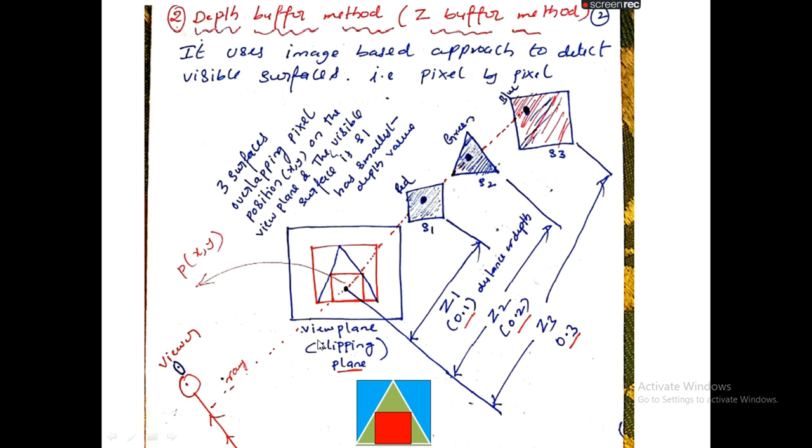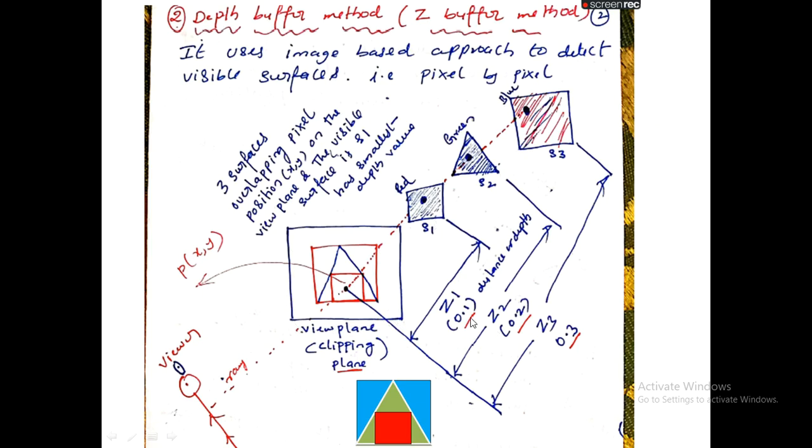Now we need to consider, assume that surface 1 is located at a distance of 0.1 from this particular view plane. The blue square I drew is called the view plane. From the view plane, there is one small square S1 placed, and its depth is 0.1.